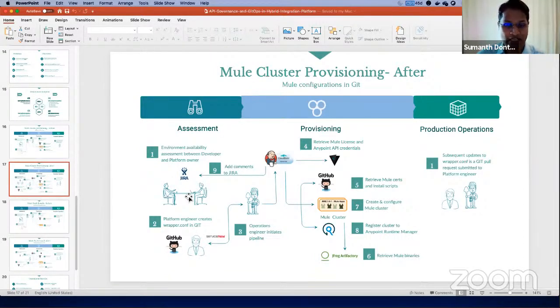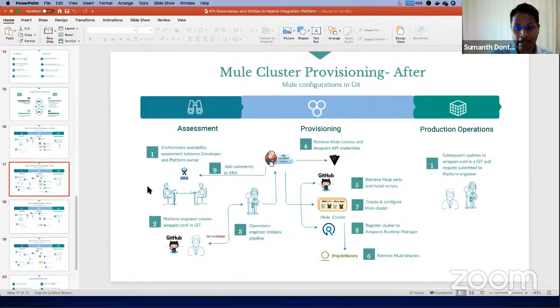If the cluster is already available and we're adding a couple of services to an existing cluster, it's straightforward. The bootstrapping process takes care of it, and the developer has the capacity, can deploy, and is good to go. But if it's a brand new project, a brand new environment, a brand new cluster, then that takes effort. You need to get new VMs and decide how you want to isolate it. Depending on the criticality and business function, certain business functions need a dedicated cluster, while others are okay to merge with other clusters. That is done during this assessment phase.